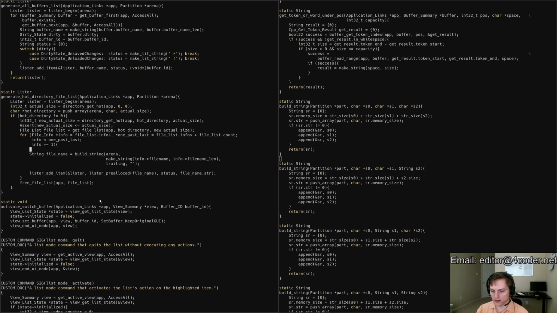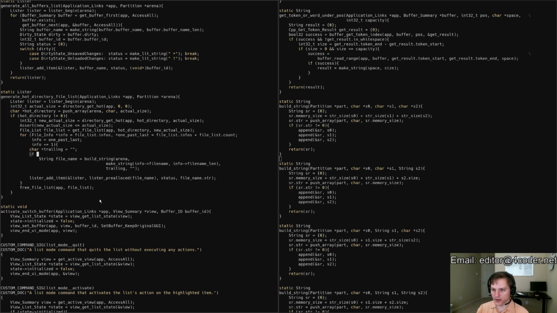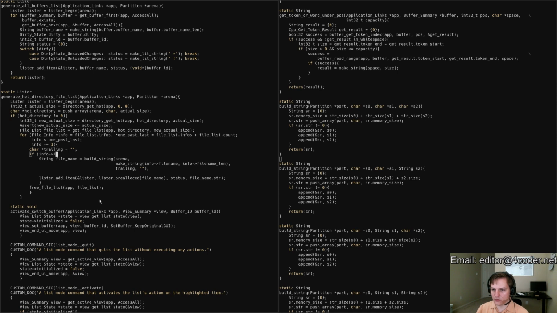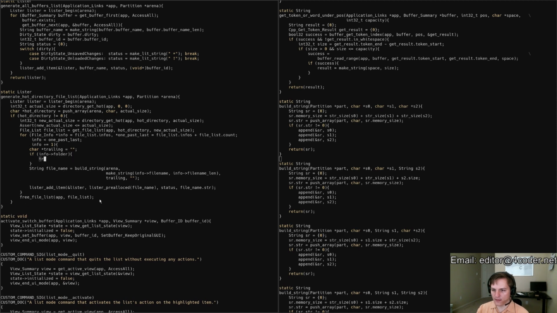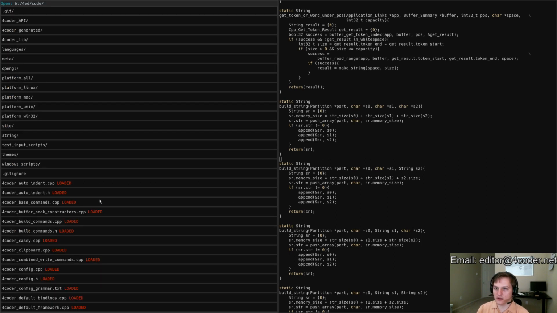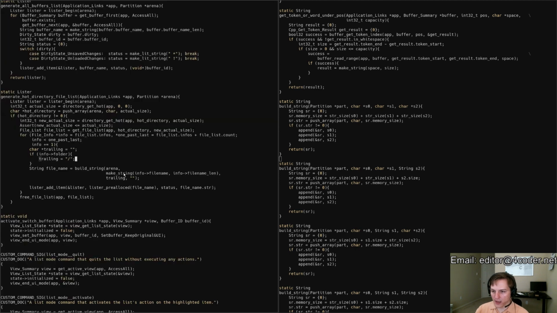And then trailing will default to this, but if the info is a folder, then the trailing will become a slash, right? Because in my lister here, folders get a slash to indicate that they're a folder, right? So now I'm setting my file name that I'm displaying like that, and that's good. And that gets pushed onto the arena, and